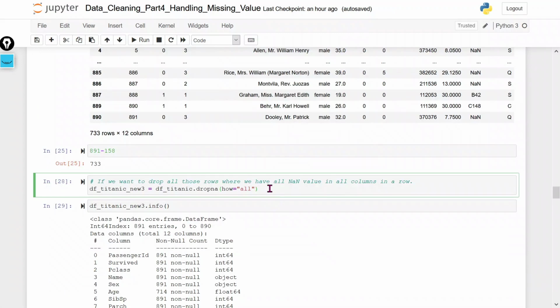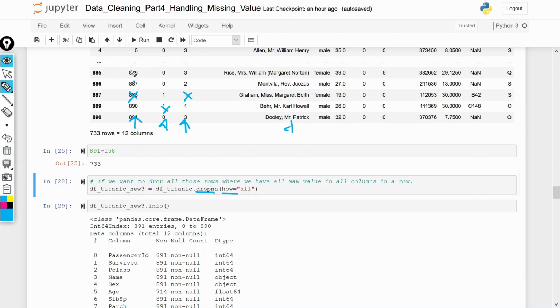So now what I am going to do is check all those rows where we have NaN value in all columns of a row. So how it will work, it will check in all the columns whether each has any null value. So this way it will check null values in all the columns.